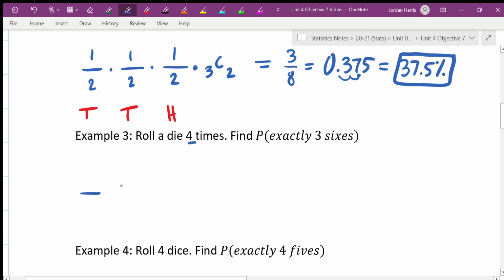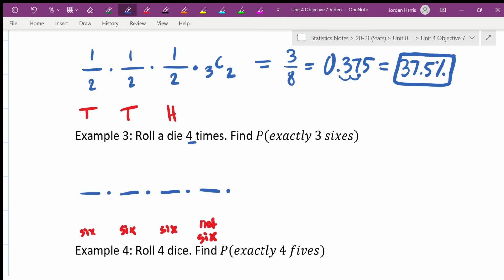So 4 times. So 1, 2, 3, 4, and then don't forget we'll have the combinations. Exactly 3 6s. So I want a 6. I want 3 6s. And then the last one, I want anything else. So I'm going to write not a 6. It can be any other number. It doesn't matter what number it is, as long as it is not a 6,